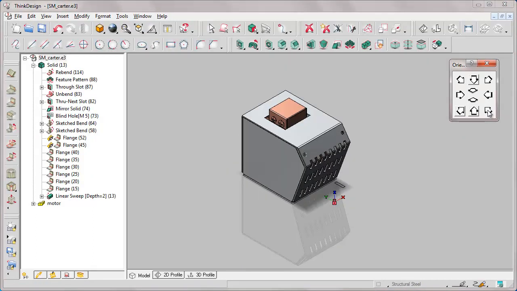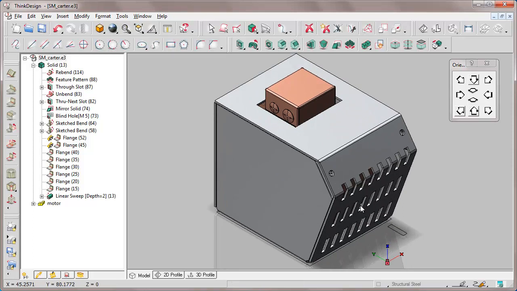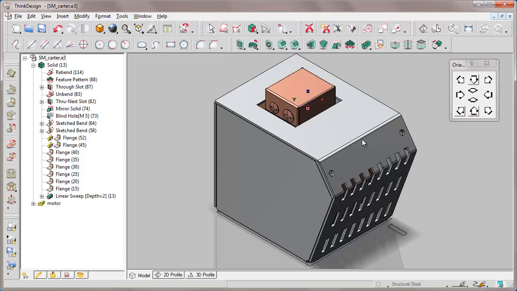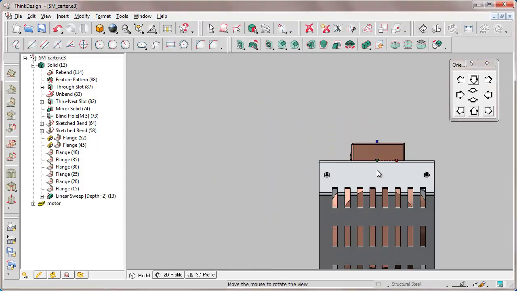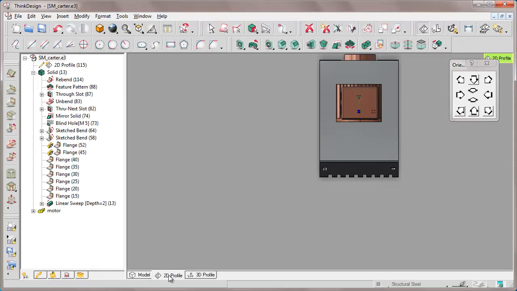Now let's see how these slots will be on the object once it's bent. Let's now insert another slot. This time it is in correspondence of a bend and a tilt and flange. We place the workplane on the top face, switch to the 2D profile environment, changing visualization, and zooming in on the area we are interested in,